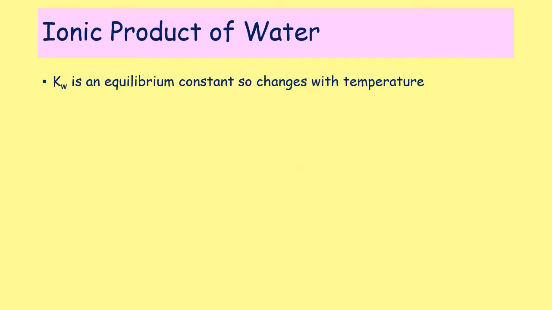Because Kw is an equilibrium constant, it is subject to change depending on the temperature. However, at 25 degrees centigrade, which is the equivalent of 298 Kelvin, Kw has an exact value, and that value is 1 times 10 to the minus 14. And the fact that it's 10 to the minus 14